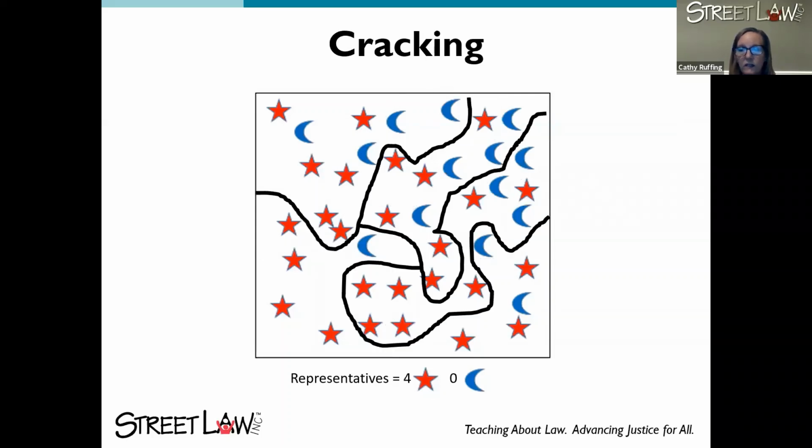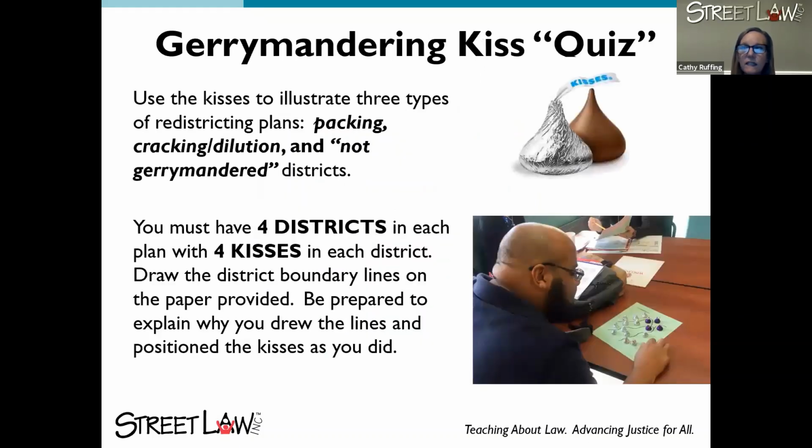And these are cracked districts where the minority party is cracked up into all the districts, so they can't win any of the districts. This lesson culminates in a quiz that you can do. When I was in the classroom, I always did it with kisses right before the winter holidays, and they used those kisses to show packing, cracking, and not gerrymandered districts.